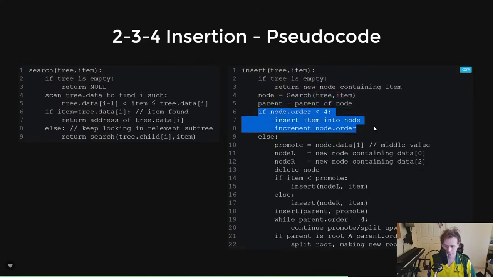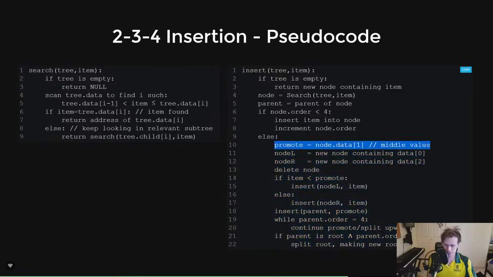If the node you're inserting into has less than 4 elements already, then you just simply insert into it. Like that, you just go, numbers in. Easy done. If it's not, then we have to node split. And node splitting is, you're on the node, which now has 4 values. You promote the middle one, so that's what you decide which one you're going to promote. You choose which one is your new left node, and you choose which one's your new right node. And then essentially you just have to go through a series of processes of like